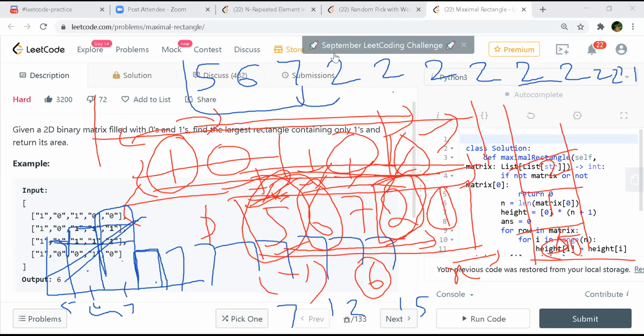So when you are here and then you come to 1, you start popping these 2s one by one. In this case you will get 1, 2, 3, 4, 5, 6, 7, 8, so 8 into 2 will be 16. But this will be our maximum. But the answer can be 22, right? Right. Yeah, that makes sense.